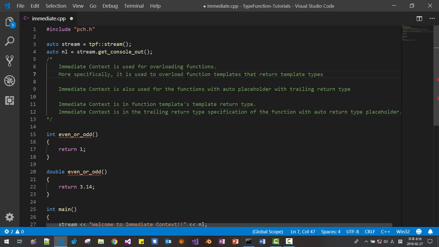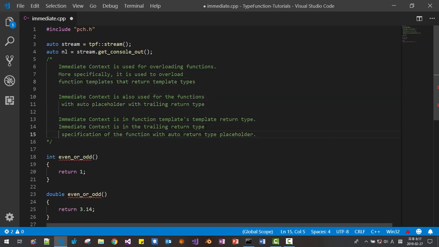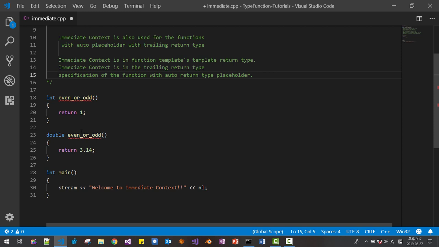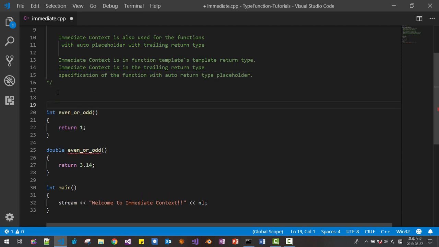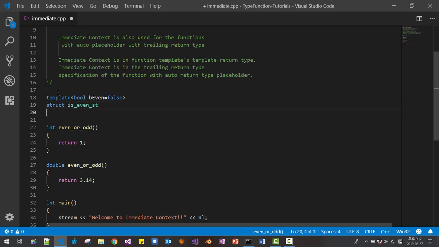I will change it like this, also like this, like this. Now let's turn these two functions into template functions like this. Before we turn these into template functions, I will define some type functions like this. Template bool b, even, false, struct is_even_st.